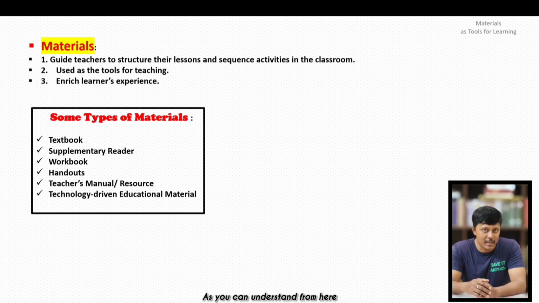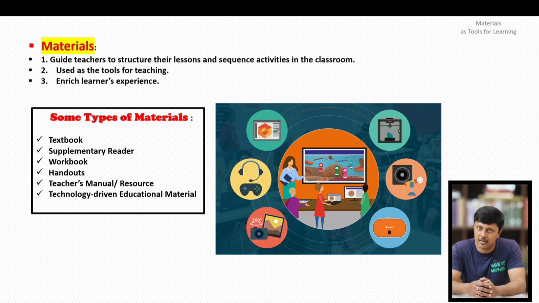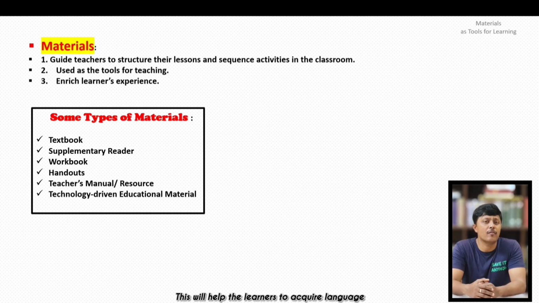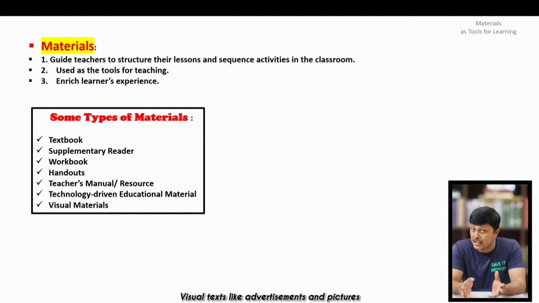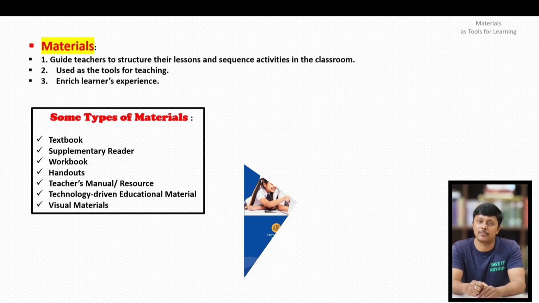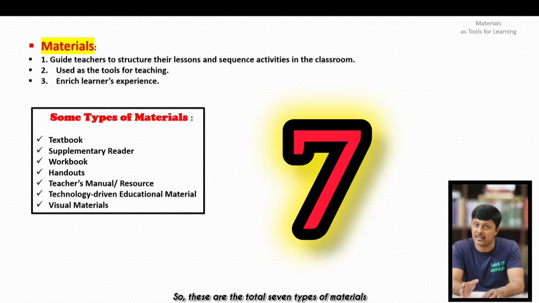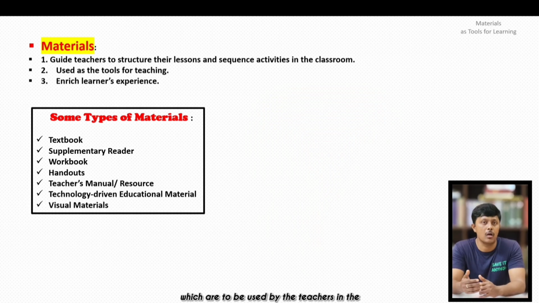As you can understand from here, it is about technology. These materials include audio cassettes, audio CDs, podcasts, YouTube videos, radio and television programs, etc. This will help the learners to acquire language in real life contexts. The last one is the visual materials. Visual texts like advertisements and pictures can be used as stimulus materials which develop the learner's speaking and writing skills. So these are the total seven types of materials which are to be used by the teachers in